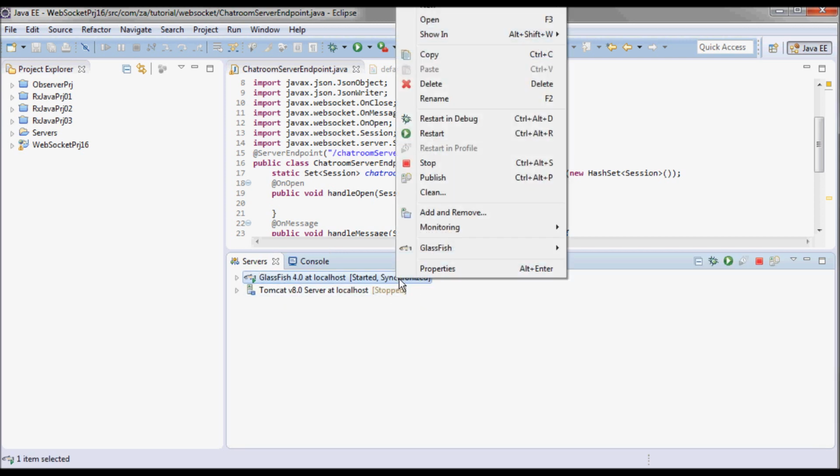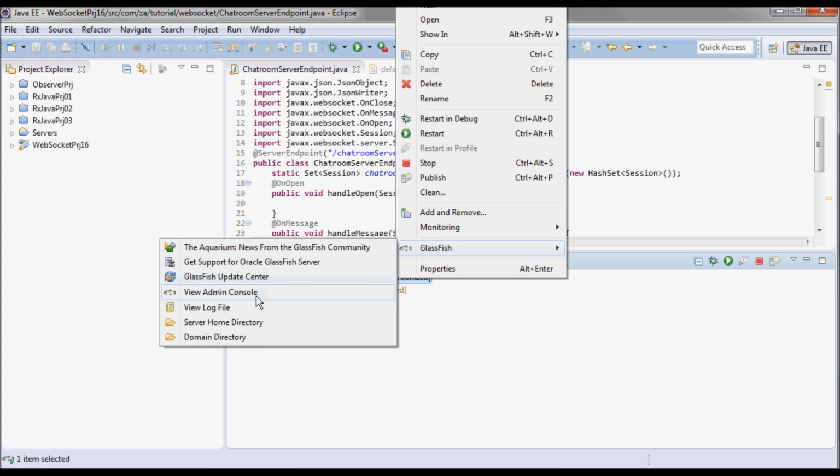Okay, so now I'll right click on Glassfish and view admin console.